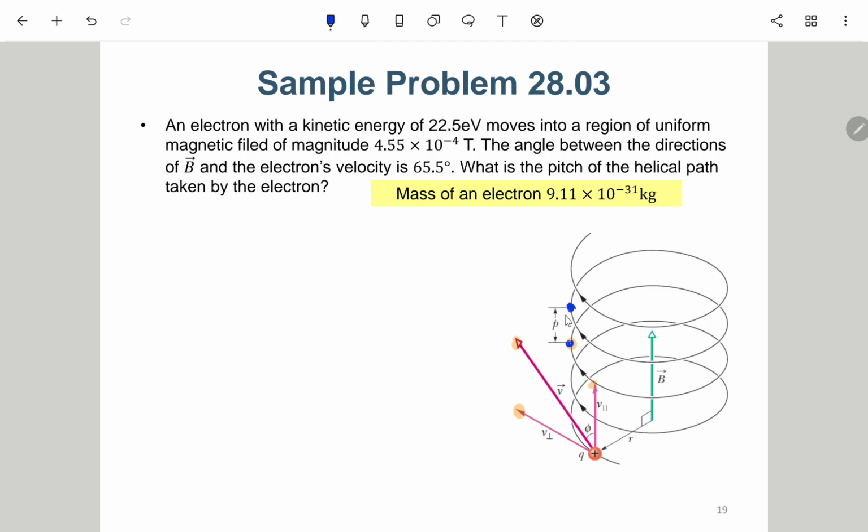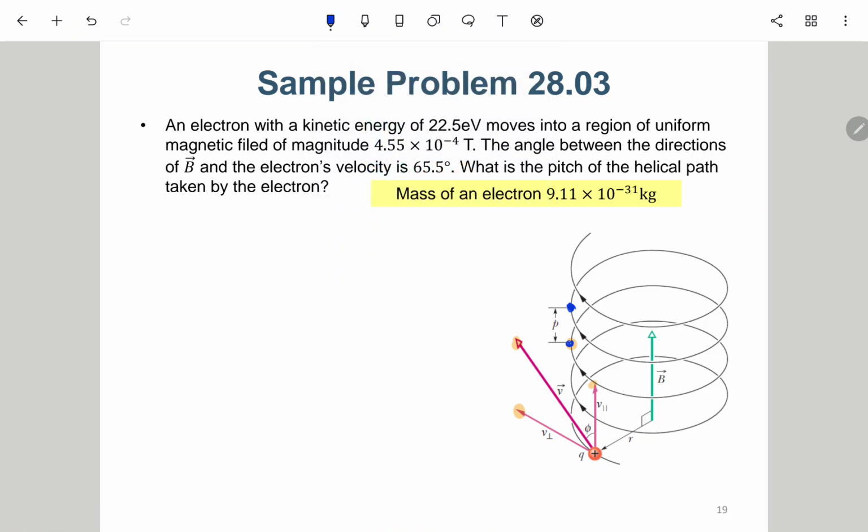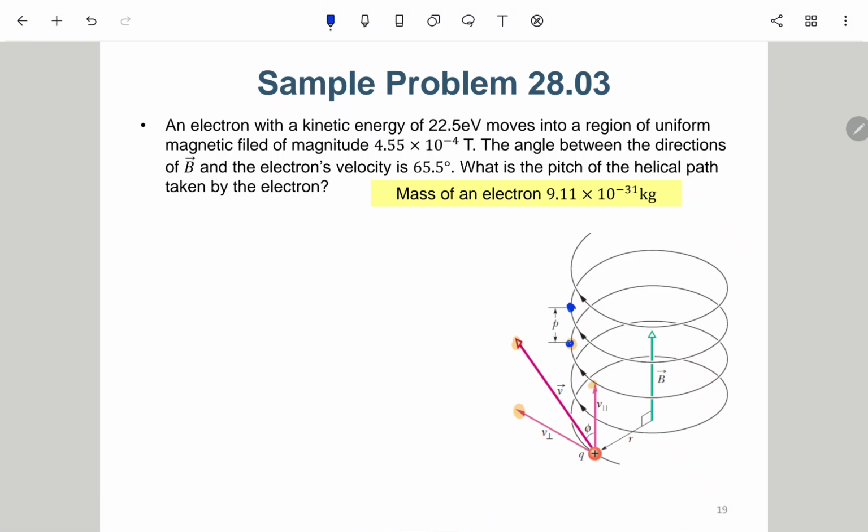And actually this pitch is the distance between adjacent points of this helix path. 所以这个叫做 pitch，就是在同一个圆周运动的点上面，相邻的螺旋线它们相隔多远。我印象中之前 quiz 或者考试常常考这个 helix，通常很多人会问这个 pitch 是什么。